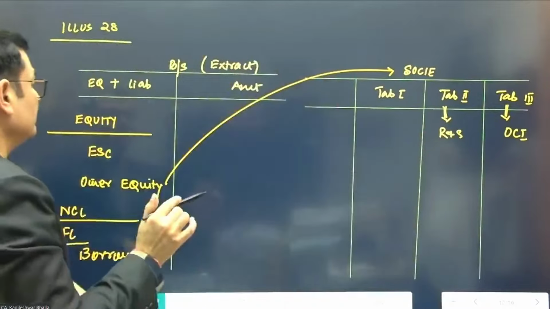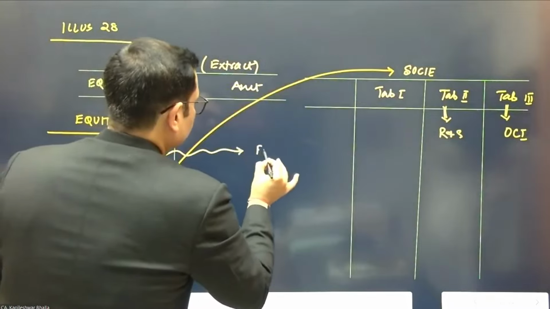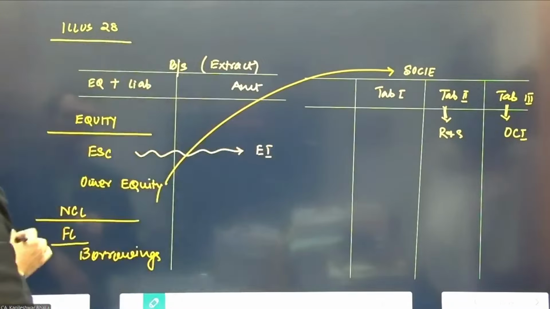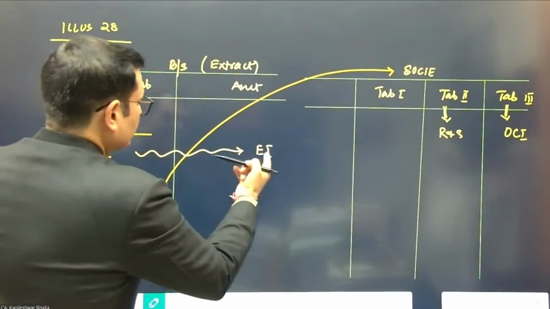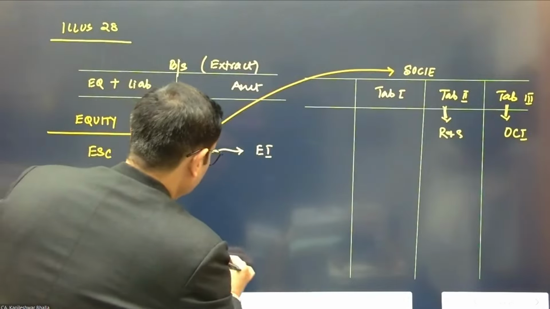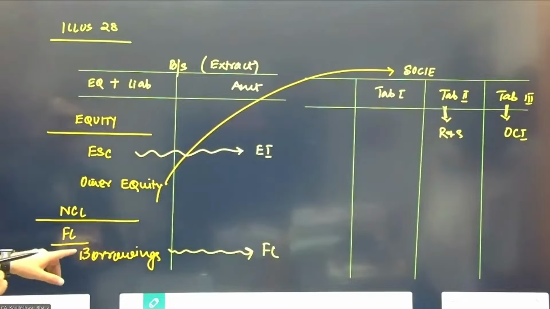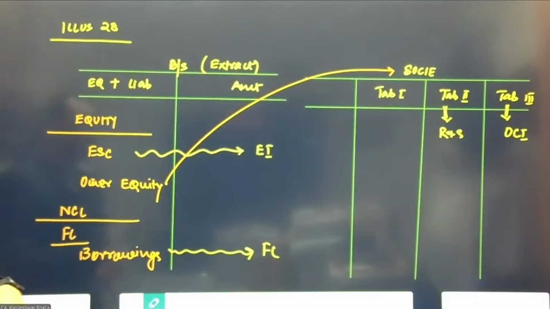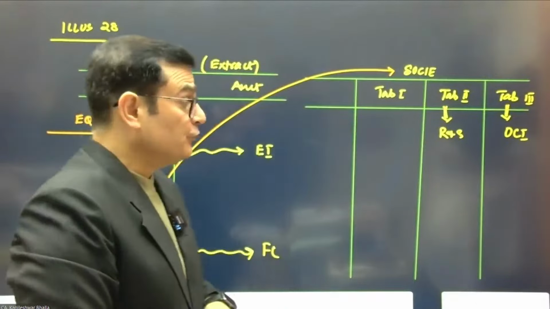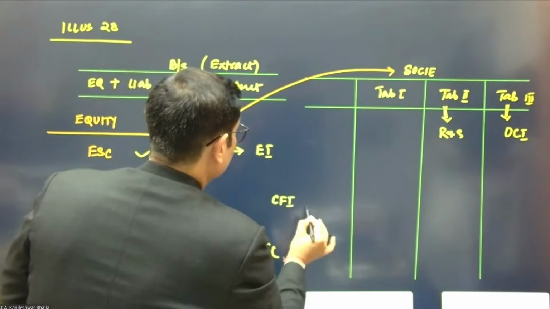Now, if you issue an equity instrument, let's say equity shares, you would present it in equity share capital. If you issue a financial liability, an instrument called a financial liability, it's going to be a part of the borrowings out here. But if you issue a compound financial instrument,